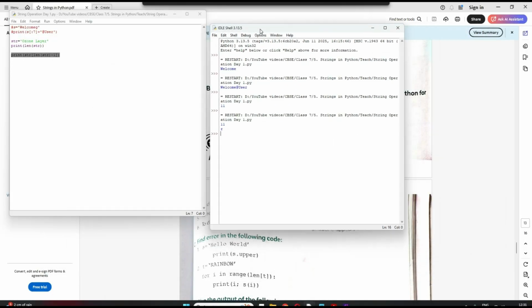Just think. As I said, the index of this last character will be what? Length minus 1, correct? Now my length, I can fetch it this way, length of the string, this is the syntax to write the length, right? Now I want minus 1, so it will be length of the string minus 1. This will be the index. So this entire thing I have put in the square brackets, correct? And this is my index number, and to fetch this, I just have to write the string variable name within the square brackets. I write the index number, and then I'm printing that. Clear?